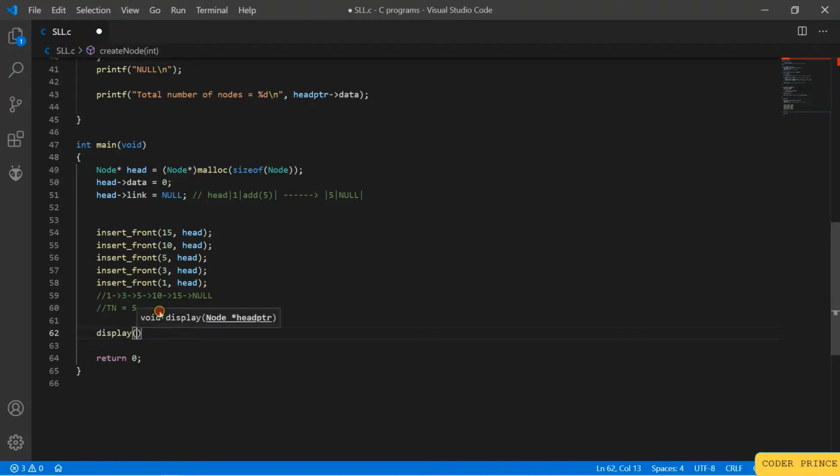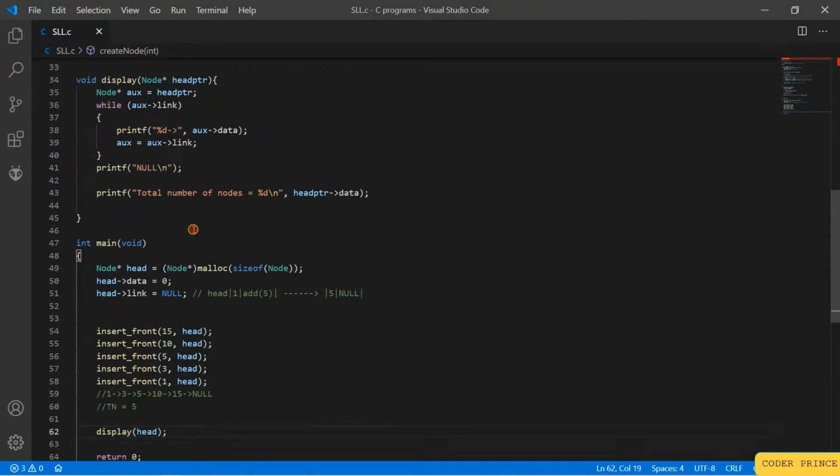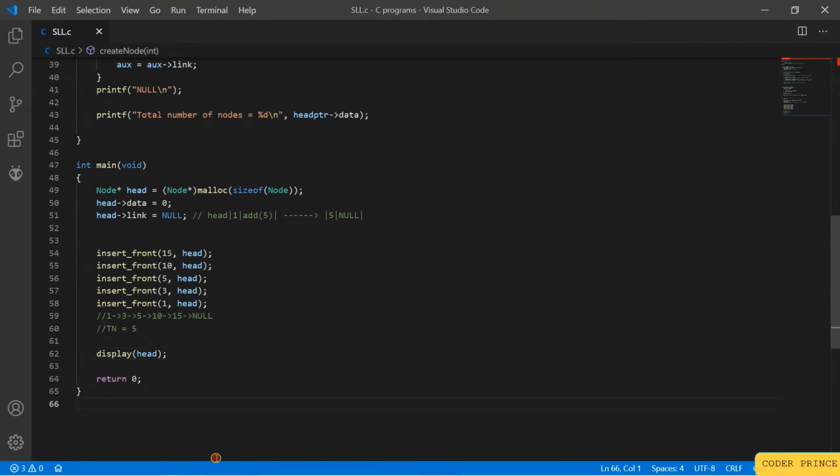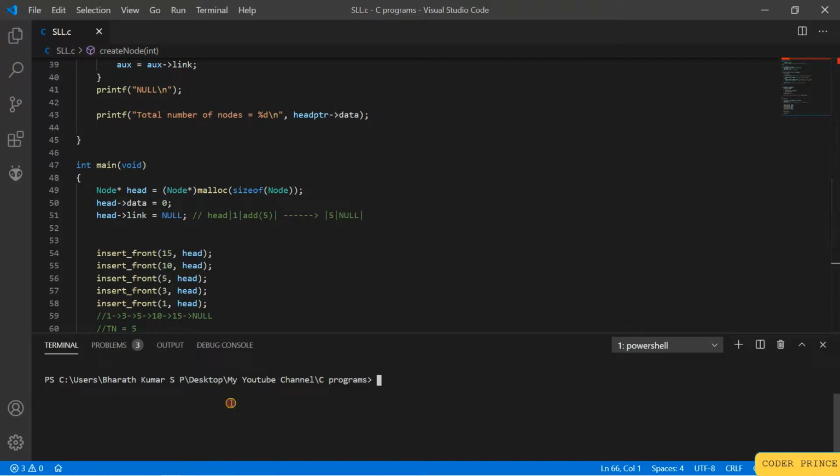Now let me call a display function. This will take head as a reference, right? Head as a reference. So now let me check whether everything is proper. Go to the terminal, gcc space single linked list dot c. Yeah, there's no error. So let me just run the code, dot slash a dot exe.